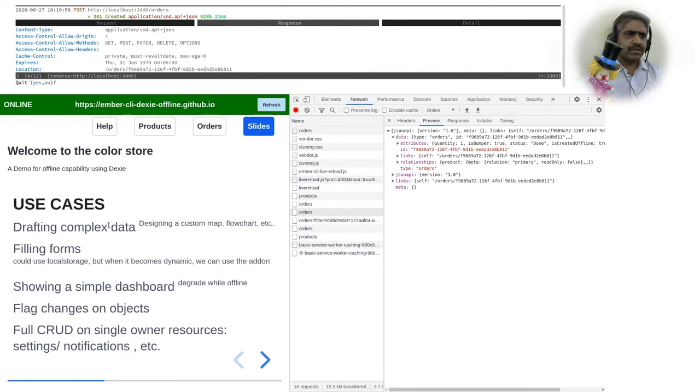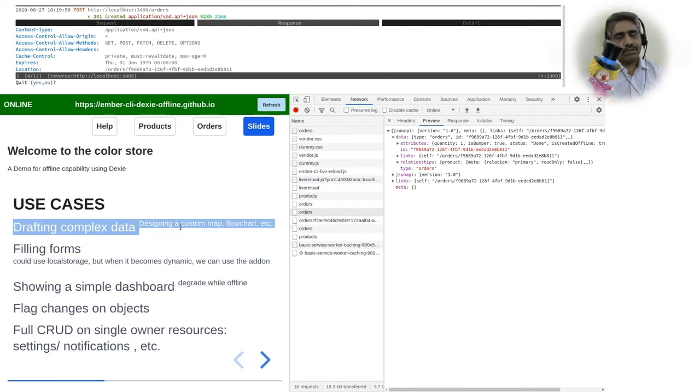So the first thing is drafting complex data. For example, designing a custom map. When I say map, it's a kind of layout map, not the actual Google Maps or Mapbox maps. Defining complex flowcharts, any designing thing that we can do, it's owned by that particular user, so we can cache whatever data he generates and sync it back online.